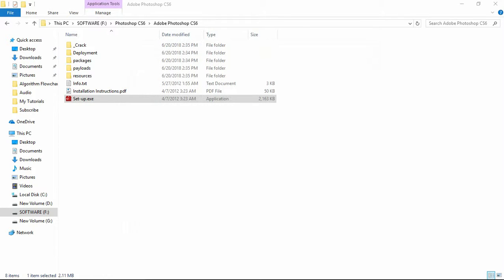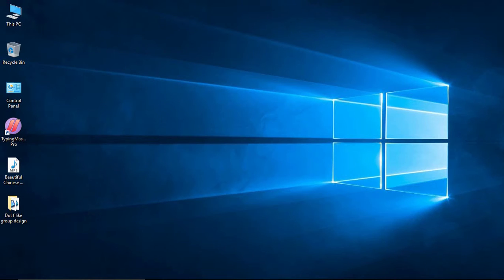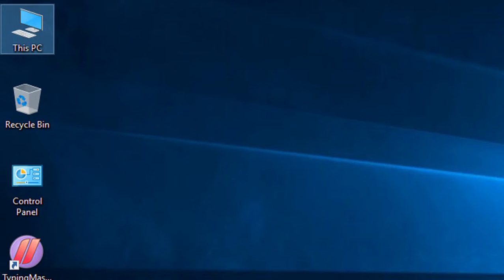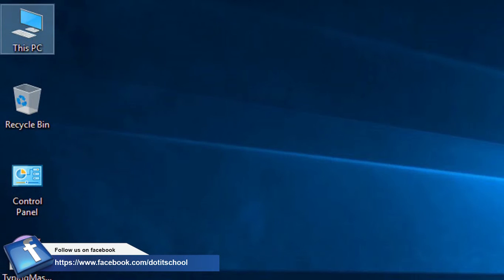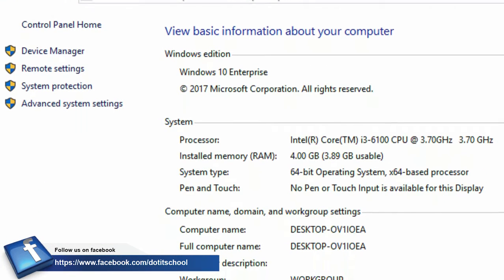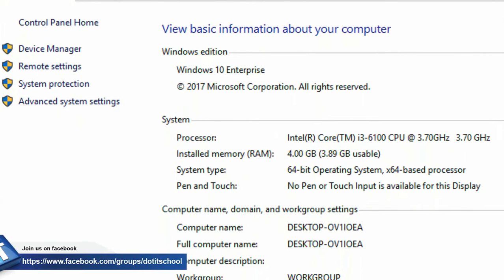So you will go to the correct folder, and I have a 64-bit operating system in my PC. So to check your PC operating system, go to your PC, select the PC and click the right button of your mouse and click Properties, and you will see here your operating system. So I have a 64-bit operating system, so